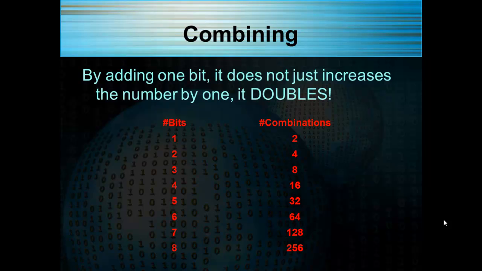So with 1 bit, we have 2 combinations. With 2 bits, we have 4 combinations. With 3 bits, we have 8 combinations. With 4 bits, we have 16 combinations. With 5 bits, we have 32 combinations. 6 bits create 64 combinations. 7 bits, 128 combinations. And 8 bits, 256 different combinations. So this really will accumulate very, very rapidly to give us a large number of information for whatever we're doing